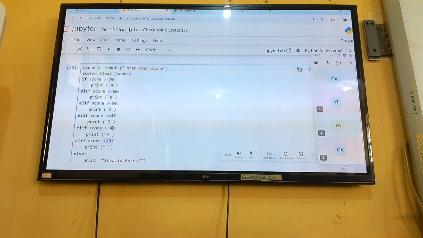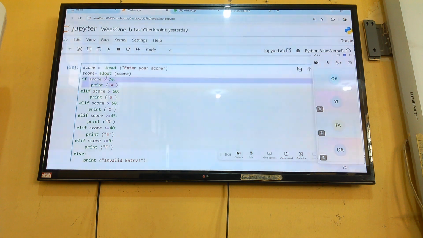programming runs from top to bottom. It checks the upper values first. If that value is not correct, if this is not true, it goes to the next one, isn't it? If this is not true, it goes to the next, until it reaches the last. But as soon as one is true, it prints it, and that's the end. Do you understand? If this guy is true, it prints A, and then it will not